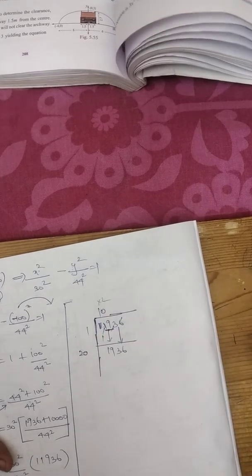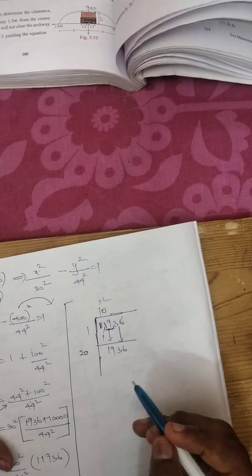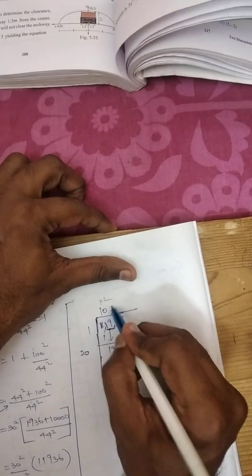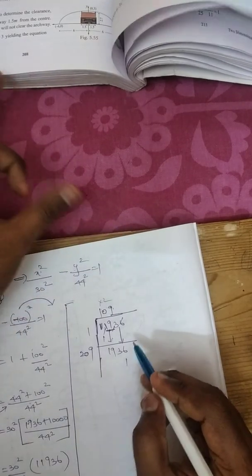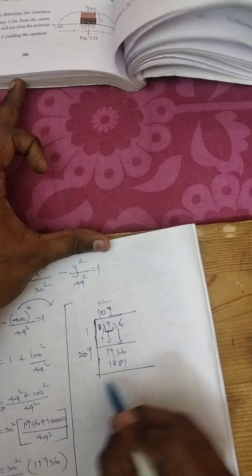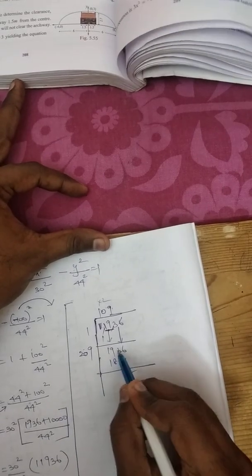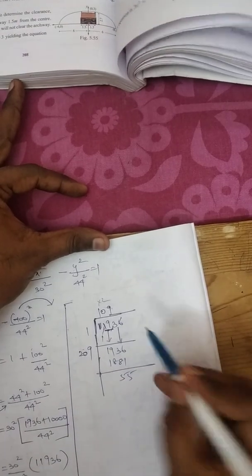10 twos are 20. I need to place here also. 10 twos are 20. After 20, what is the number I can put? Whether 9 is possible, I will check. 9 nines are 81. 1 carry over 8. 9 it is 0, 0, 8. 9 twos are 18. Yes. 6 minus 1, 5. 13 minus 8 is also 5. It is 0. So I brought 36.